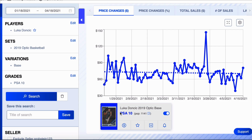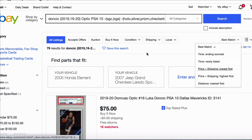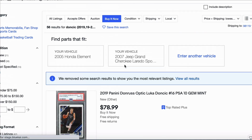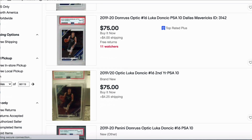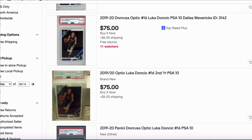Let's go to eBay on this, because if I can find one of these for like 70 or less, I could be a buy on this because I can see this going for 100 plus come playoffs. 78, 75. Like I said, I think the real value is right here around 70. I can't be a buy on that. It's just a little too...